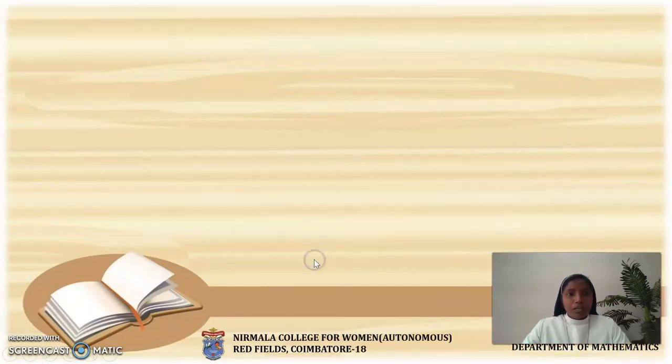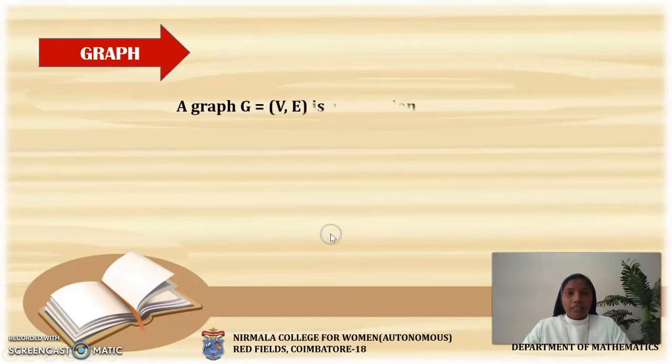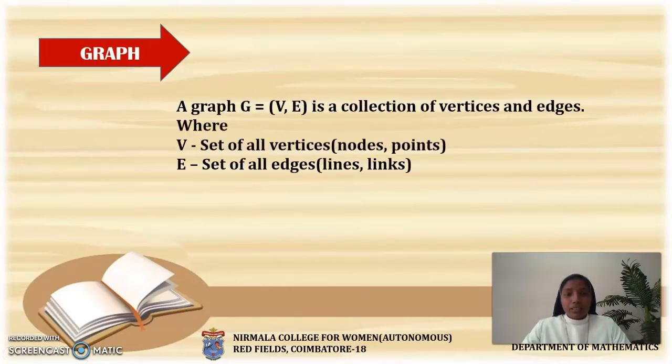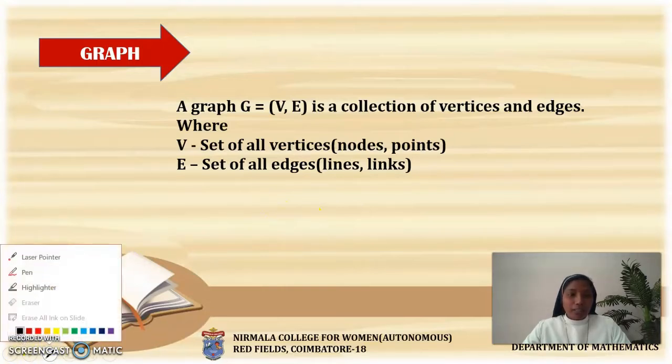Generally, graphs are defined as the collection of vertices and edges. Here, the vertices are denoted by the capital letter V and the set of all edges is denoted by the letter E. Also, the vertices are called nodes or points, and the edges are also known as lines or links. For an example, consider this graph G